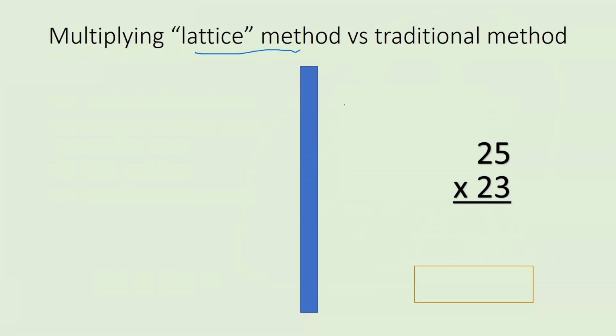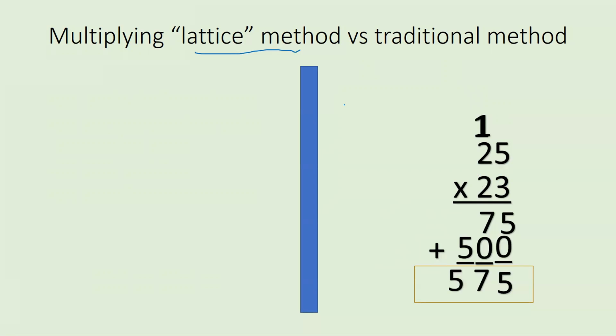Now, 5 times 3 is 15. 3 times 2 is 6 plus 1 is 7. You're done with 25 times 3. You cannot forget the 0, which is forgotten so many times. Now 2 times 5 is 10, and you put a new one up there. And then 2 times 2 is 4 plus 1 is 5. And now you're going to go ahead and add those. So your answer there is